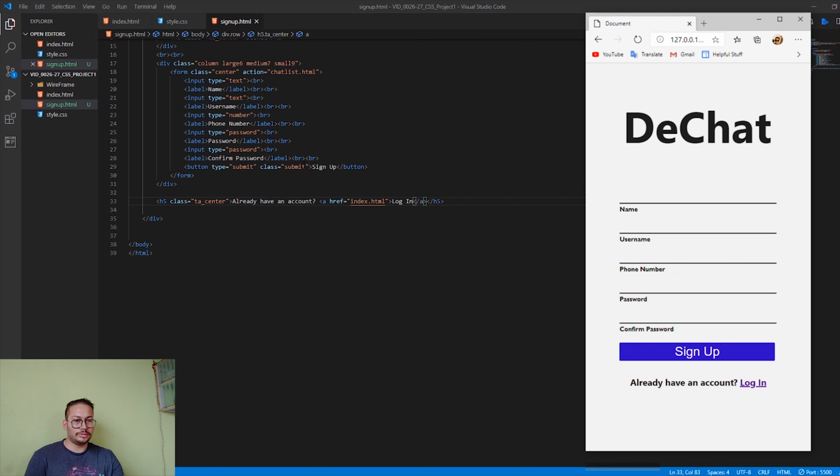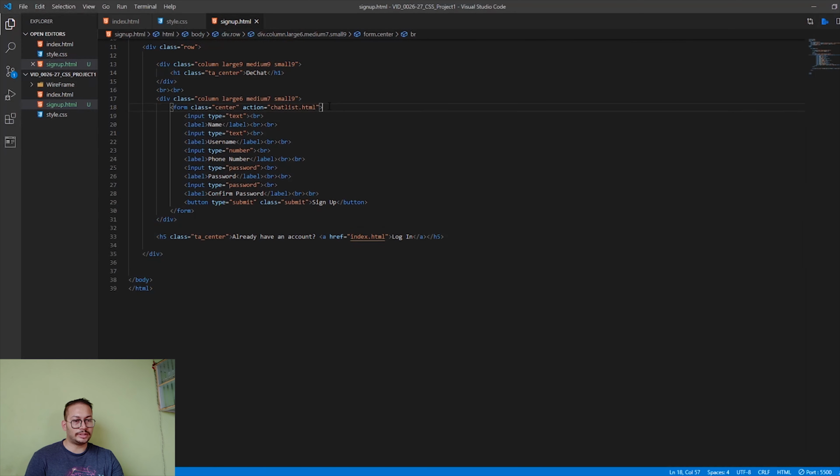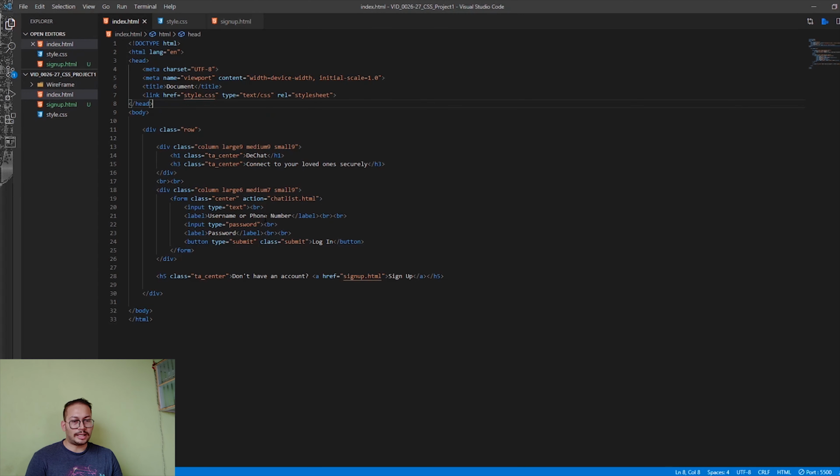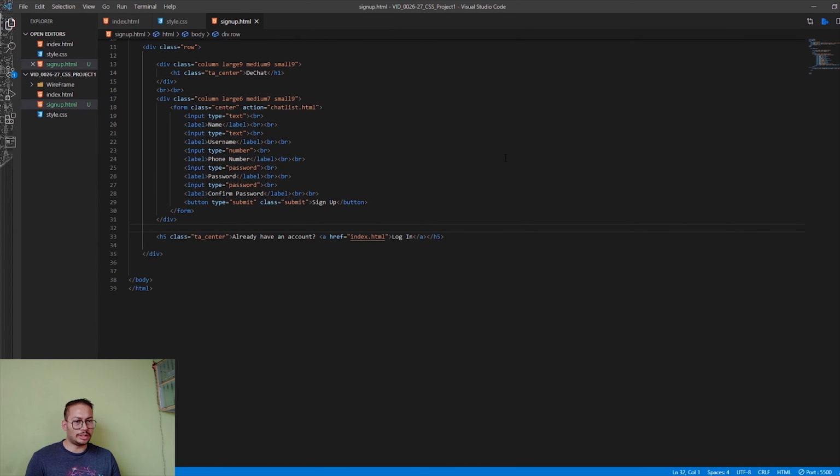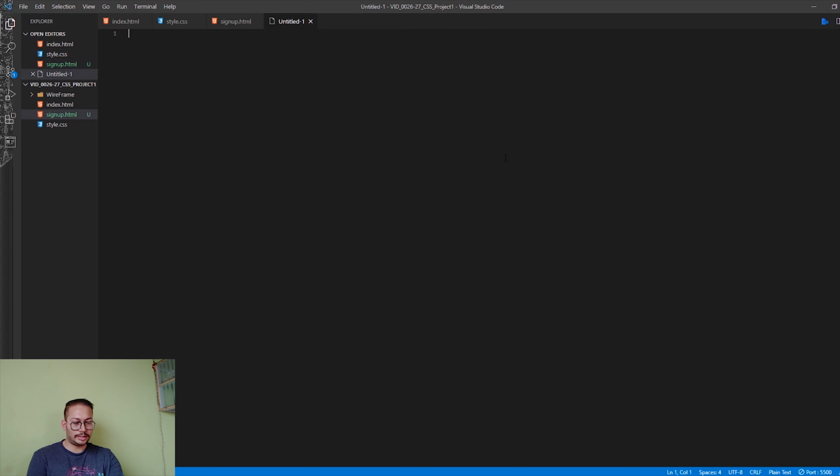Now there's a thing which we want to add, and that thing is we want to add a form action. So when the sign up button is clicked, the chat list file should be opened, the chatlist.html file, which is going to be the messaging home or the chat list home for our app. And I've already done the same thing with the index.html file. I will just show you that I've added this action chatlist.html right here in this login page. Okay, so our sign up page is complete, and now what we'll do is we'll make a new file and we'll save it as